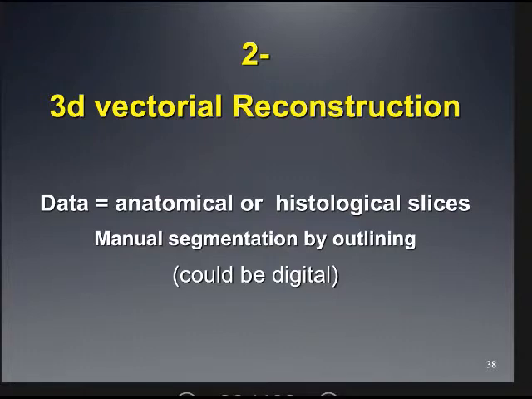Now we go to the 3D vectorial reconstruction, which is a second type of modeling. And